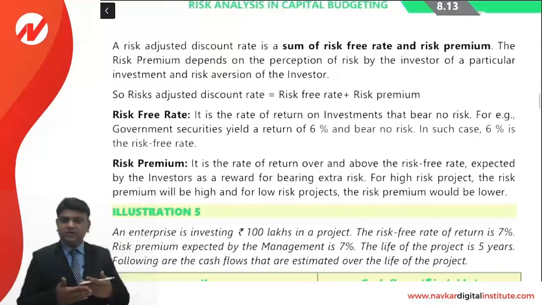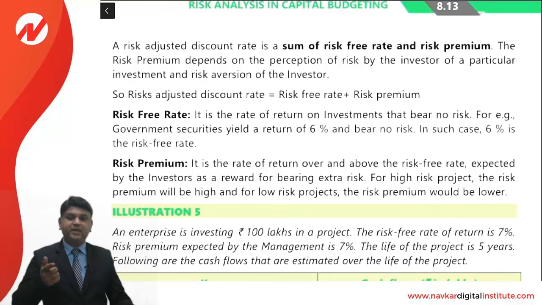You can relate this to the point you study in cost of capital called beta. Beta is a measurement of the risk. Beta increases, cost of capital increases. Further, as far as beta is concerned, the beta is calculated taking into account the volatility of the security.